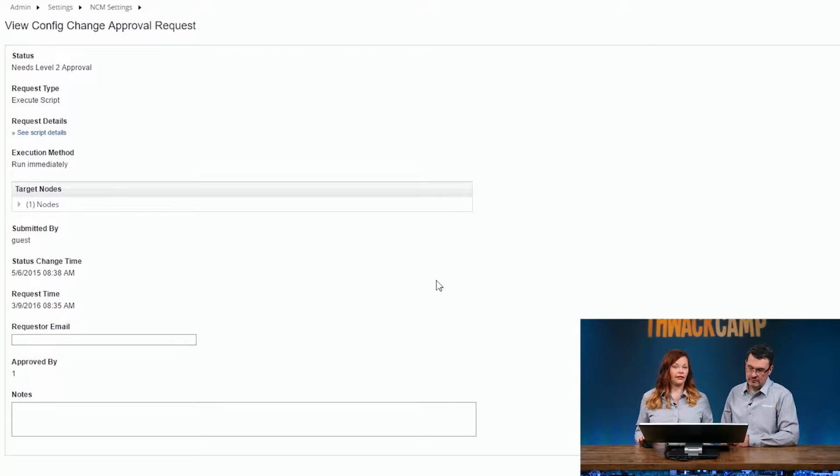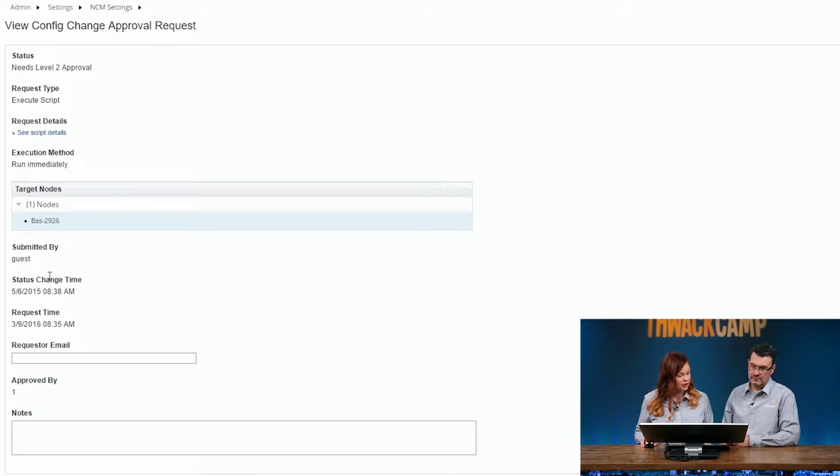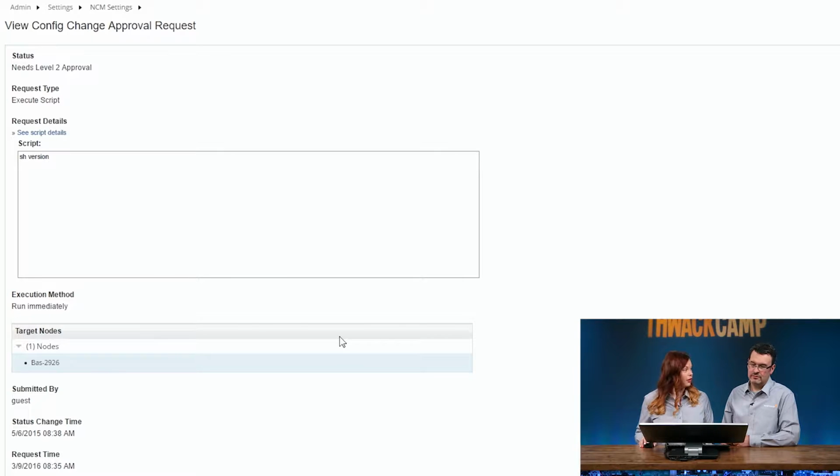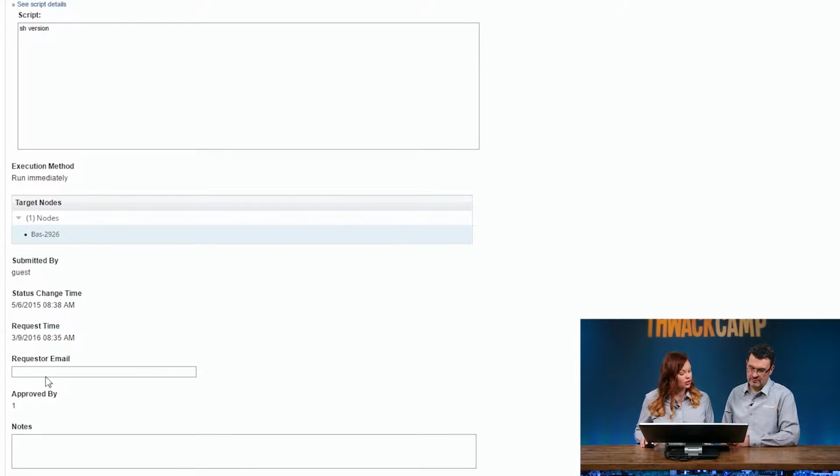And this is what I like, because if you're approving it, you don't want to just blindly be like, okay, well, he's just making a little change, not a big deal. No, we actually show you which nodes it's being suggested to, the script details that's going to be on there, and then we can send them back information if we need to. So we could type in there, like email him back and put the notes in this section, saying, no,